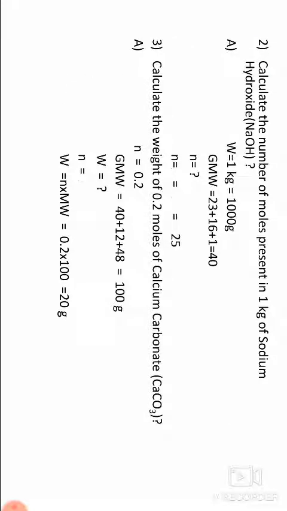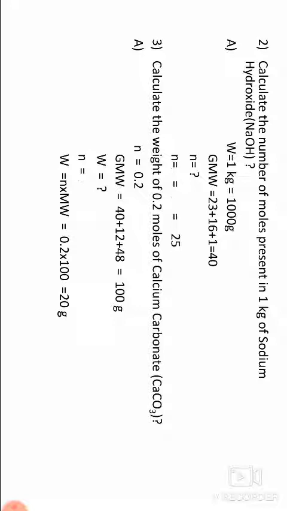Calculate the number of moles present in 1 kg of sodium hydroxide. 1 kg means 1000 grams. In sodium hydroxide, the total molecular weight equals 40. The separate values are sodium 23, oxygen 16 and hydrogen 1, which total 40. Then substitute in small n equals W by GMW, W equals 1000, GMW equals 40,